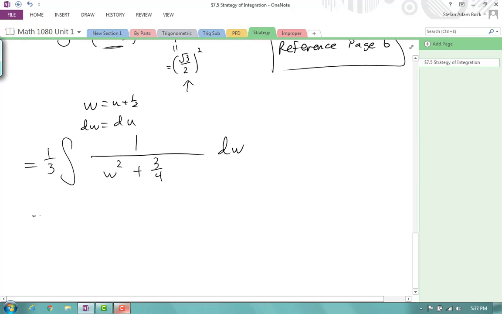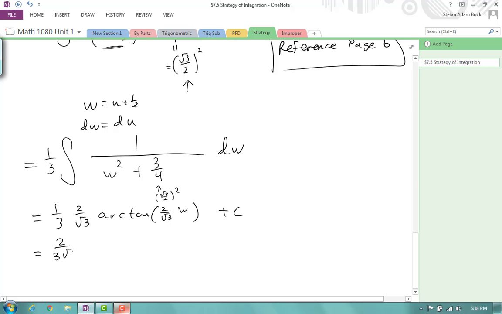So this antiderivative is 1/3 times, that's supposed to be a squared, so that's root 3 over 2 quantity squared, so this is 2 over root 3, arctangent of 2 over root 3 times, not x, w, plus c,